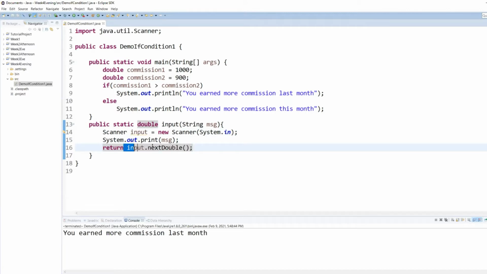So what the syntax will do, it will ask user for an input. As soon as the input comes, it will return that. I could also do it by writing an instruction, but there is no point of doing that if you don't need to. Now going back to line number 6, instead of 1000, I will call the input method